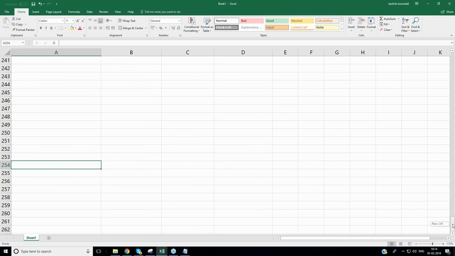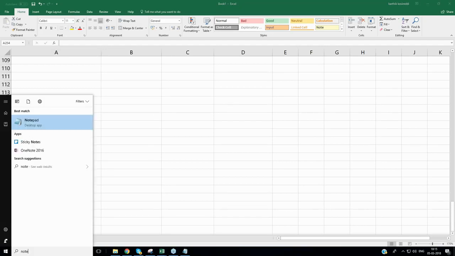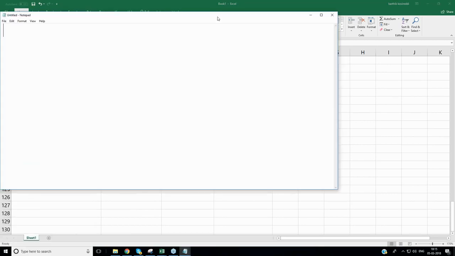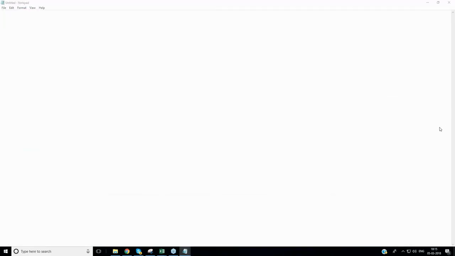See, now the scroll bar is at the bottom, team, correct? But if I scroll here, look, now it's going. So it only expands based on the use. So what is Microsoft Excel? Nothing but a table with rows and columns. Look at it like a box.